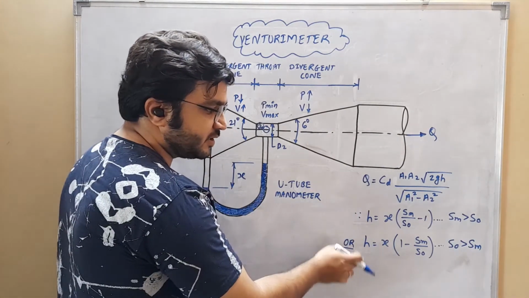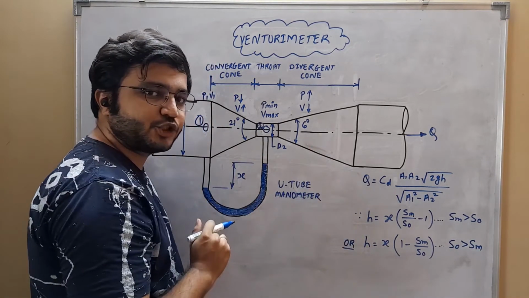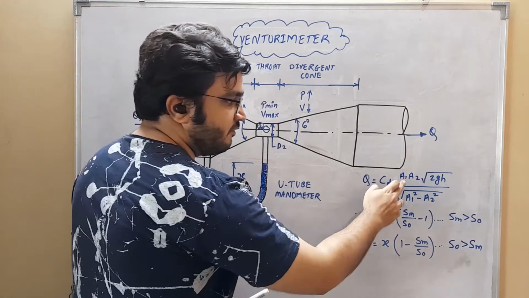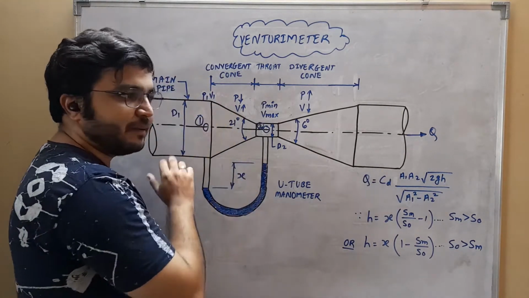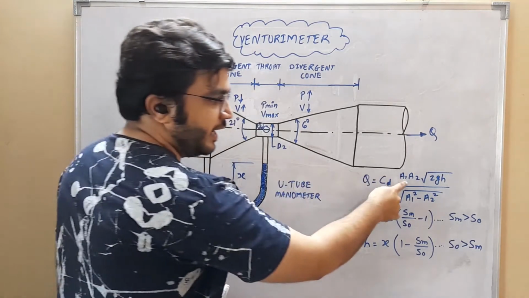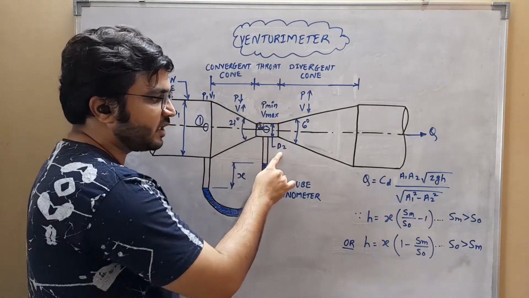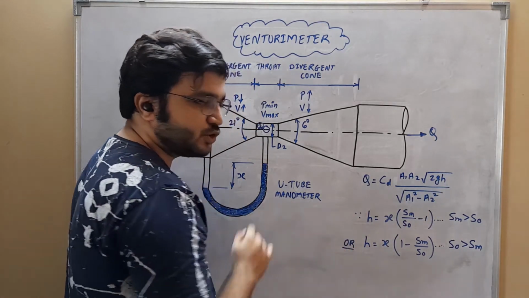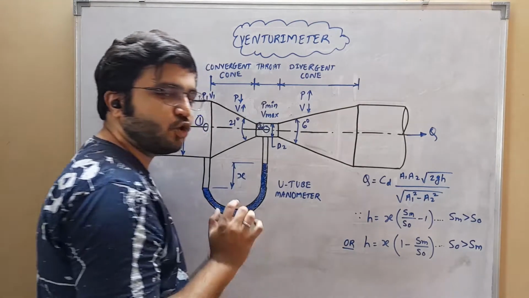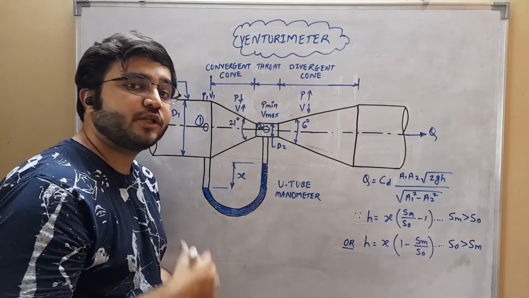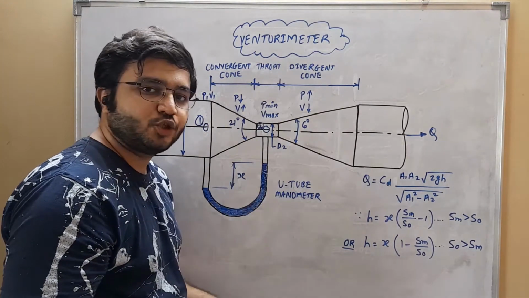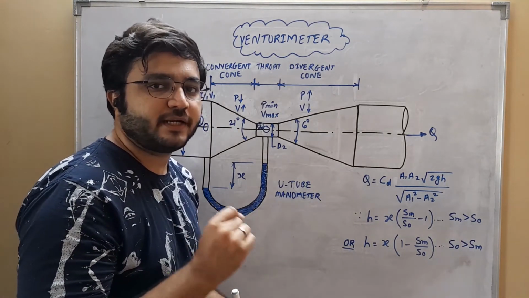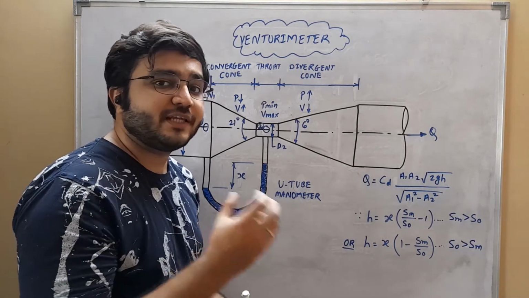Now this pressure head difference is going to be giving us the discharge of the fluid flowing through the pipe using this formula, where this A1 is nothing but area of the main pipe corresponding to diameter D1, A2 is nothing but area of the throat section corresponding to diameter D2, H we can calculate using either of these two formulae, and Cd is the coefficient of discharge which accounts for the losses in the venturimeter, and its value is approximately 0.98 to 0.99. Now what are these losses?